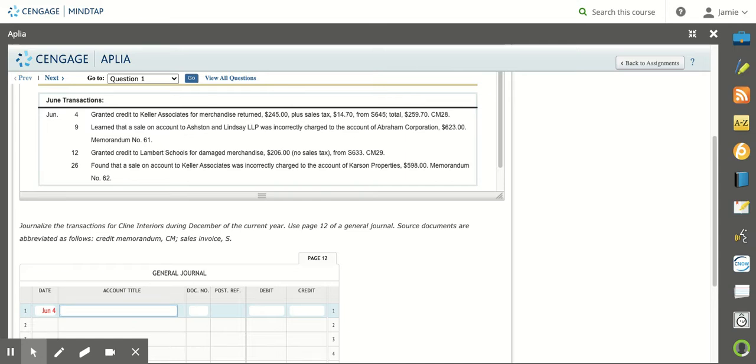we are going to grant credit to Keller Associates for merchandise returned. So Keller Associates owed us money and they returned some of the product that we sold to them. So we're going to decrease the amount of money that they owe us. So starting with sales returns and allowances, for the total of the product that we owe them,